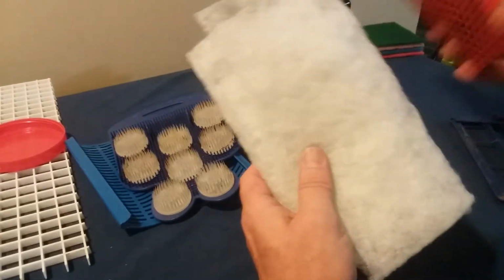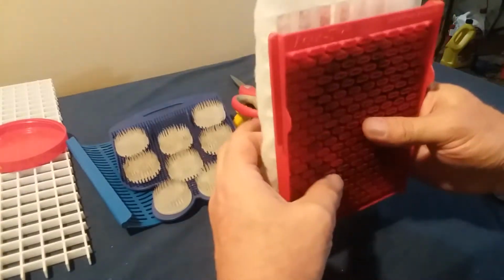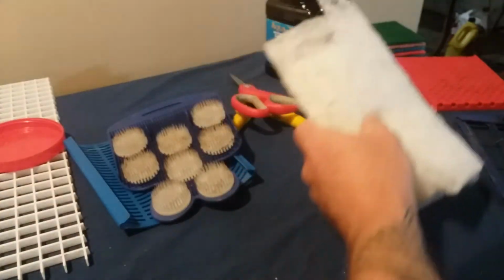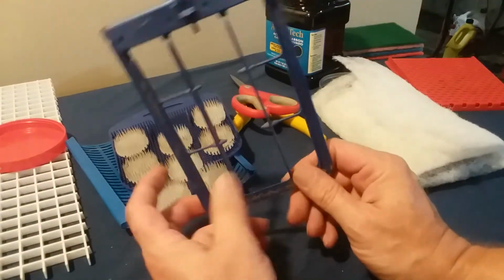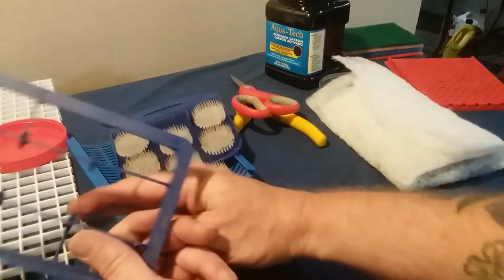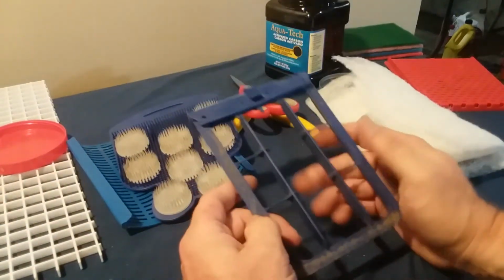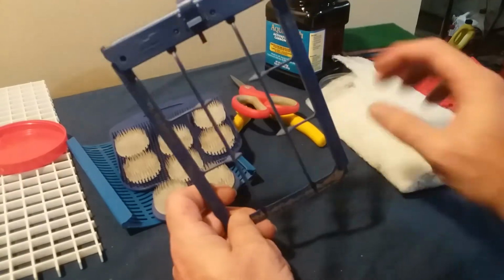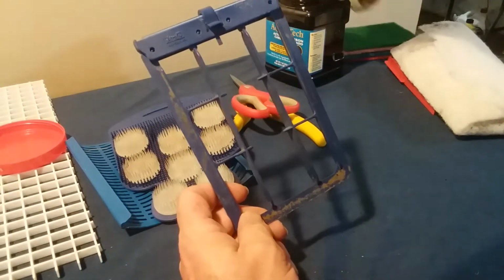And here's an Aquatech one. It will do the same thing. It will slide right in the back with this. And if you strip out one of their cartridges, you won't have to use that diffuser panel. You could just set that and wrap that accordingly as well. And they work really well. Actually, I think they work better than